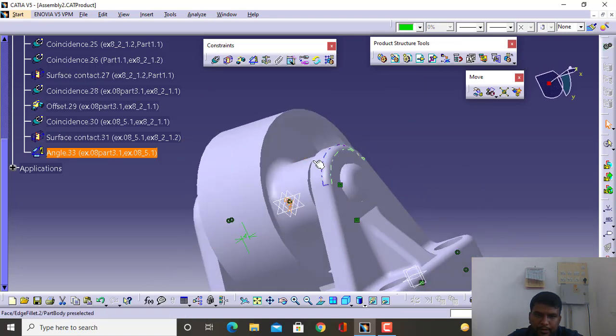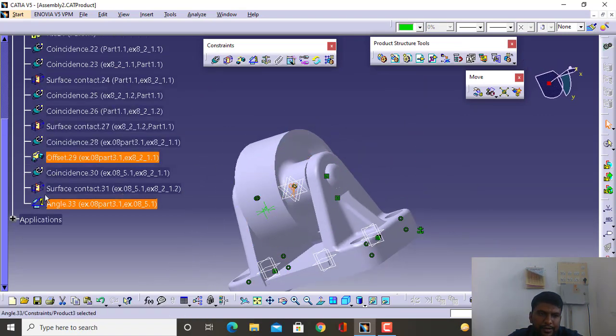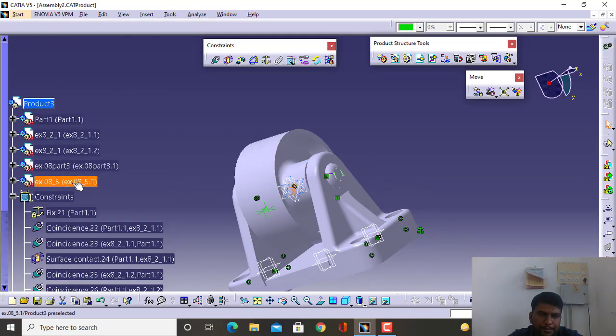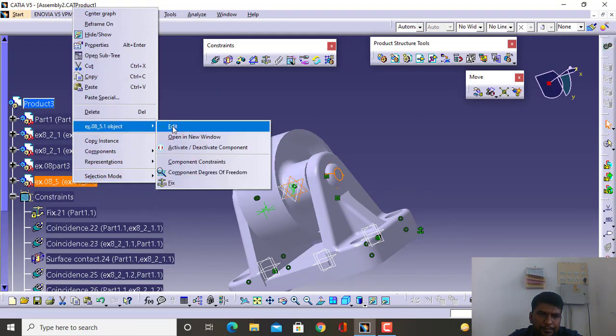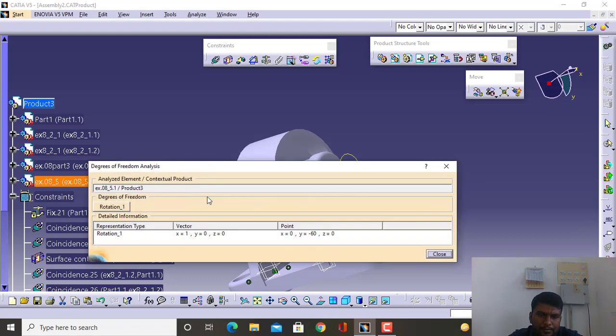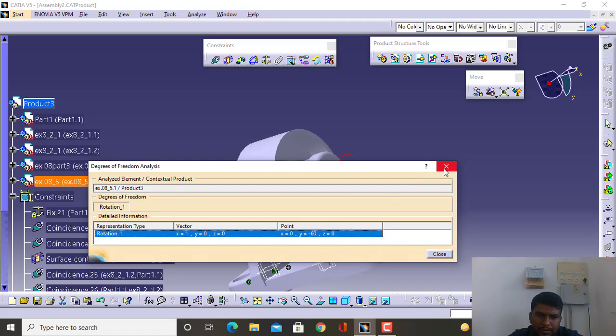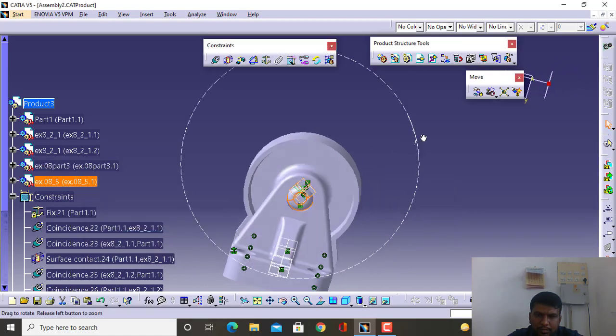Right. Now again we can check the degree of freedom. It can have a rotation about the x-axis.